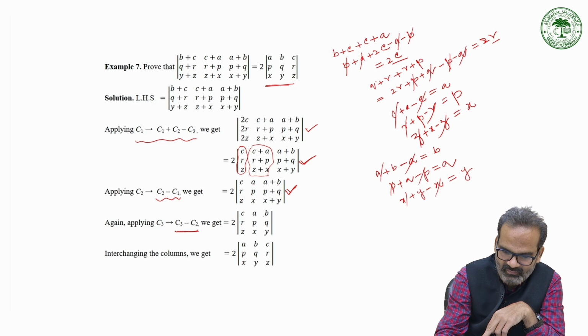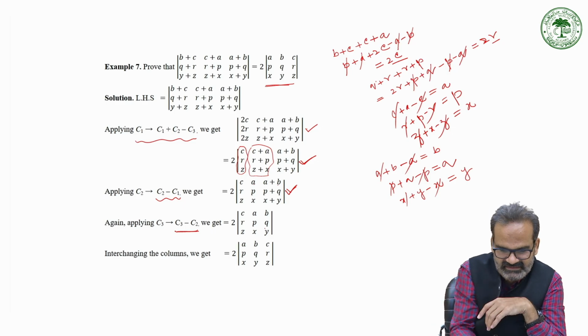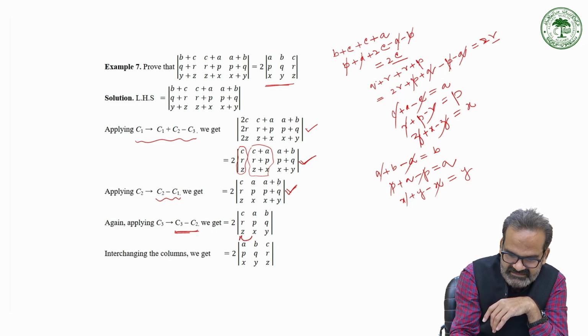So, BQY is the next column of the new determinant if we are using this operation. So, 2 times CRZ, APX, BQY, what we want to calculate? APX is the first column, here APX is the second column. So, if we interchange these two, the determinant will become negative. So, this determinant 2 CRZ